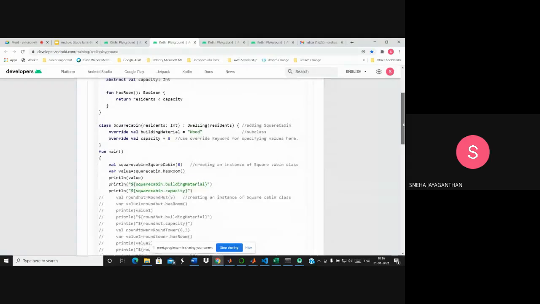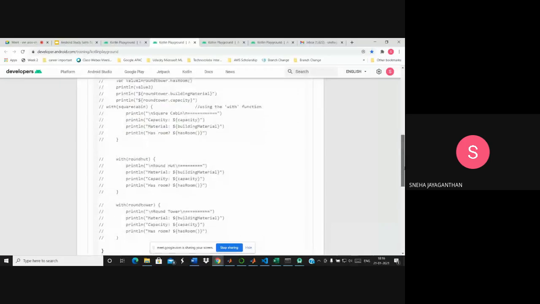So we have finished creating one subclass. Now let's create another subclass, round hut. So you can see here, I'll just uncomment this. So I've created the round hut subclass, which again takes the same residence as the argument and passes it to dwelling class, just like the previous one.